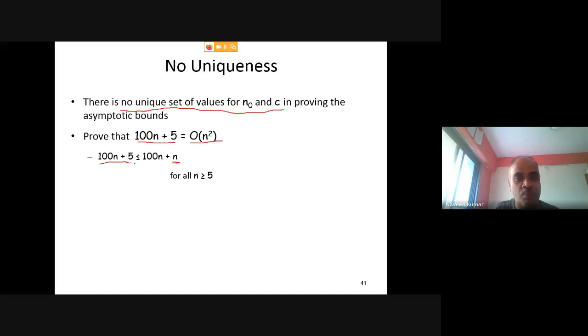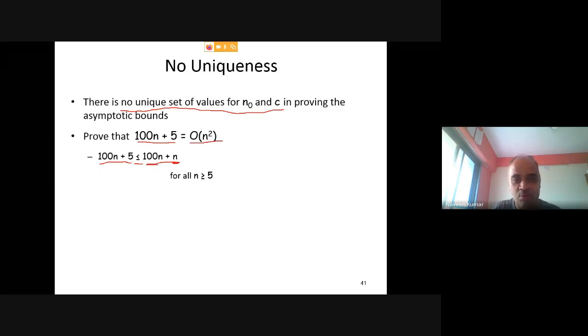We are trying to make this bound, right? So this function should always be greater than or equal to the other. If we replace this constant 5 with n, it must have at least the value 5. You can take 6, you can take 7, greater values. That makes this overall function greater than or equal to the left-hand side function, right?